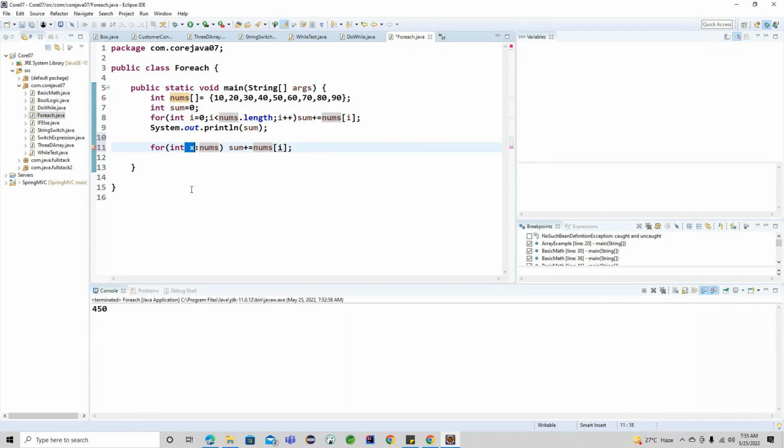Here we are not going to come up with any index-related information, so we can remove this section and make it only x here. We can make only x values here. If you observe,